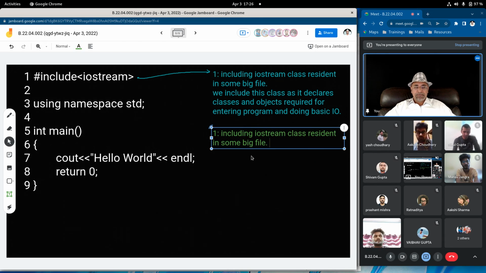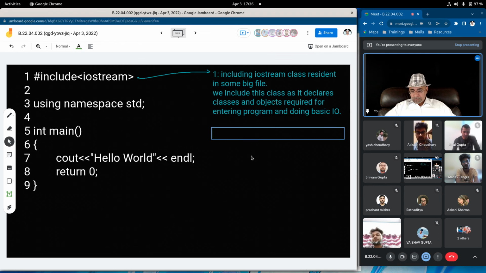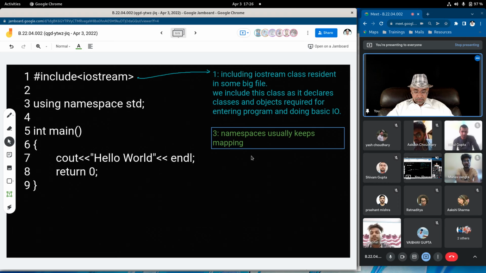Line number 3. A namespace usually keeps mappings of identifiers to instances.